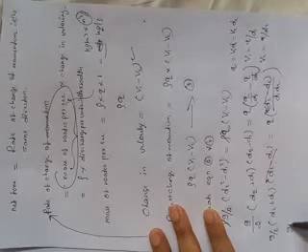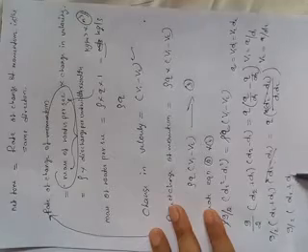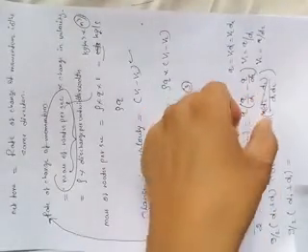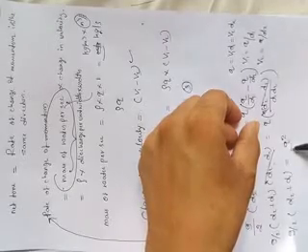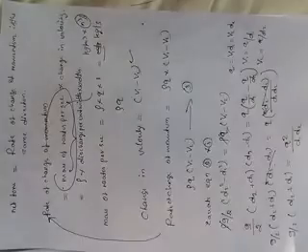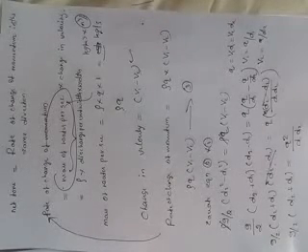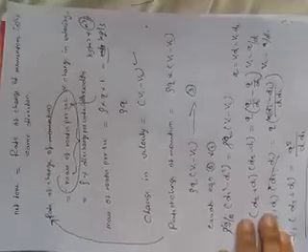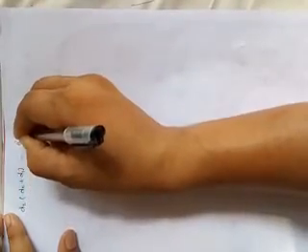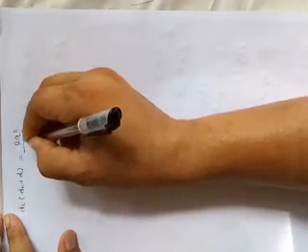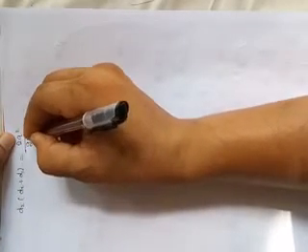So once again you write g by 2 into d2 plus d1 is equal to q square divided by d1 into d2. Now multiplying d2 on both sides, you will get d2 into d2 plus d1 is equal to 2q square divided by g into d1.